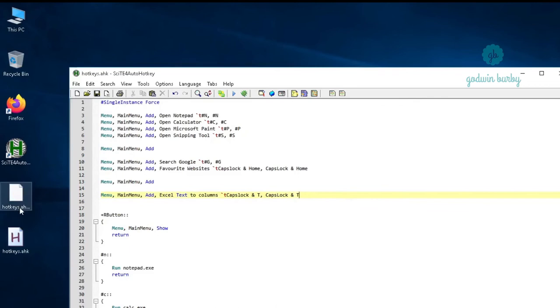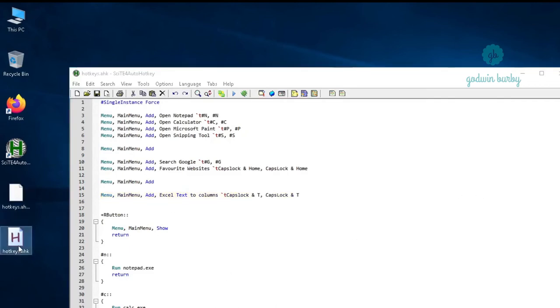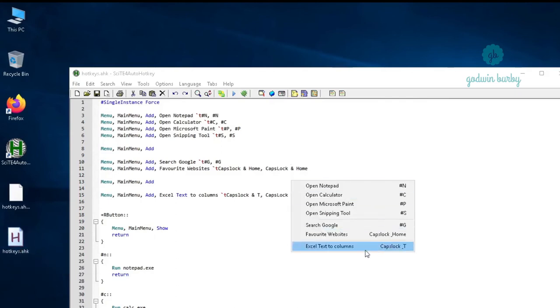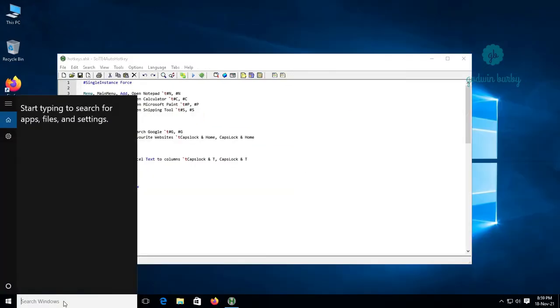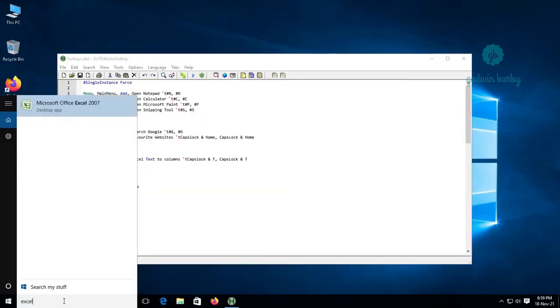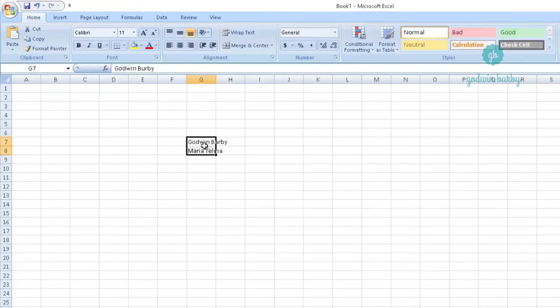Save, run it. Shift right button. Excel text to columns is here. If you open up Excel, and if you have watched my previous video, you know what this is going to do. It will separate the names into first and last name using a hotkey that we have created previously, but here